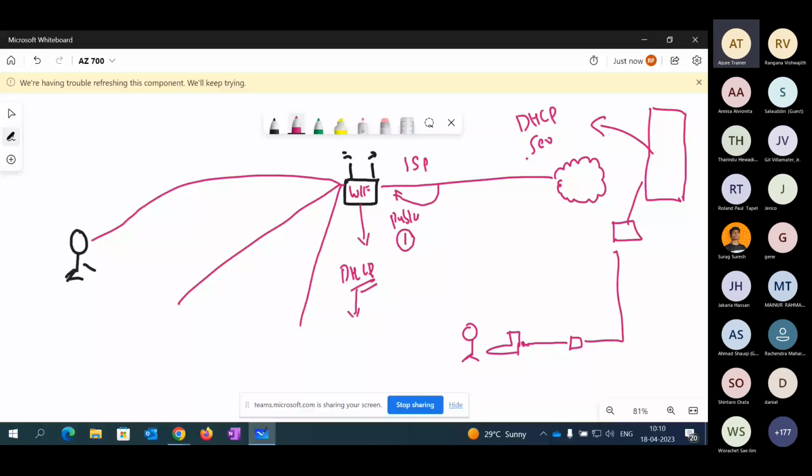Now when you go back to the IP address range, this is the way internally or externally the IP address is allotted. Now when it comes to an Azure scenario,